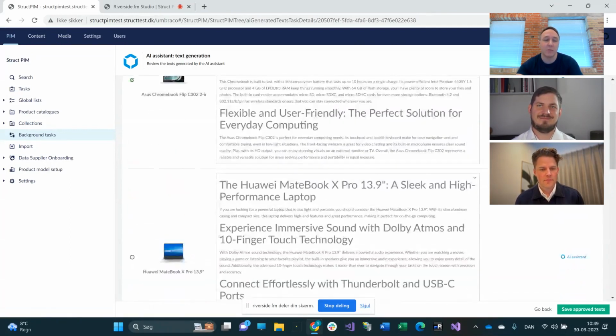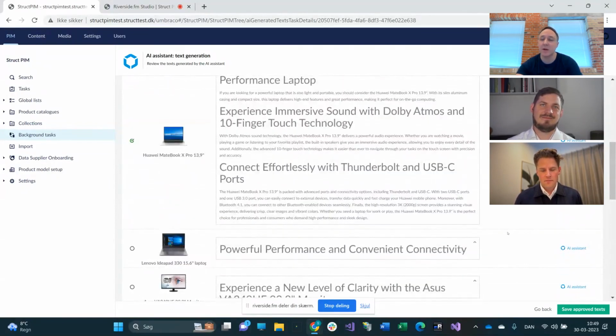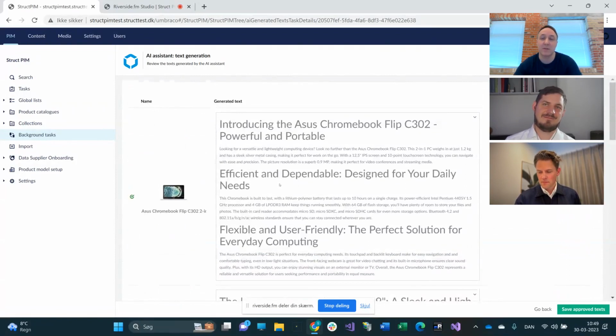And once I've gone through my products and created the product descriptions I want to have and accepted them here, I can save all of them at once, and they then go into the products here. So I will be able to create engaging product descriptions for a lot of products in a very simple process within the system like this. And this is only possible because we have the AI assistant on all these extremely powerful features of ChatGPT that we are utilizing here.